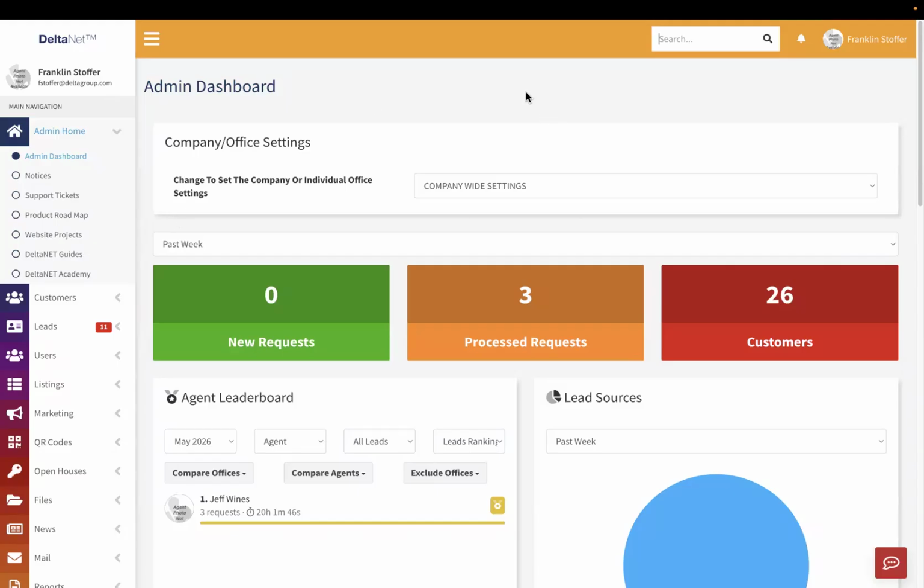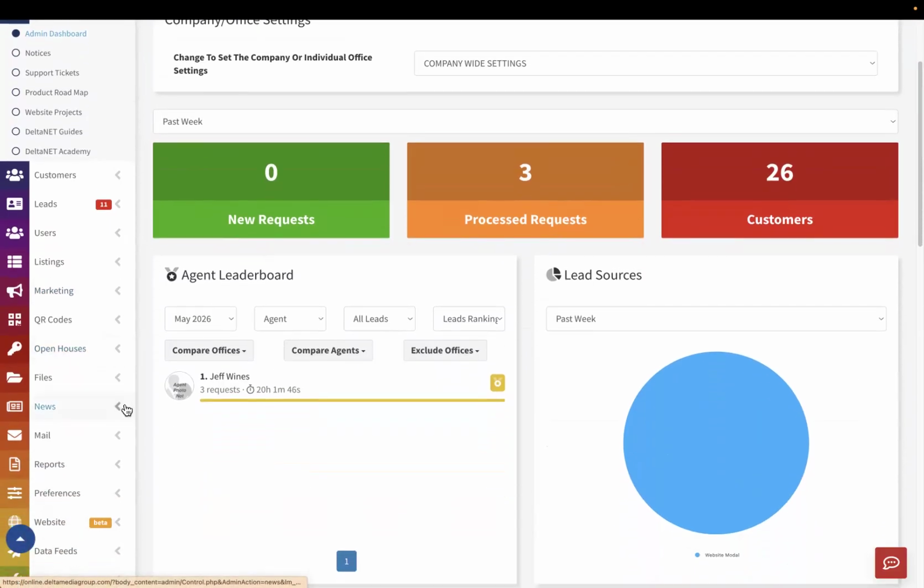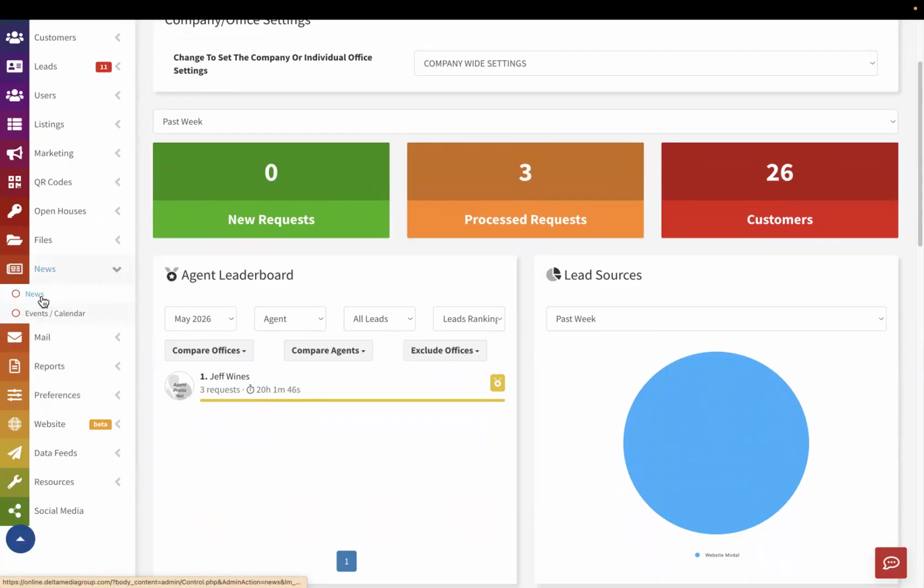Hello. In today's video, I'm going to show you the process of creating and adding company news articles to the company news widget in the DeltaNet 6 experience and compare that to the updated workflow in the DeltaNet 7 admin dashboard. Previously, in DeltaNet 6, if you were a brokerage using our news functionality, you would go to the News